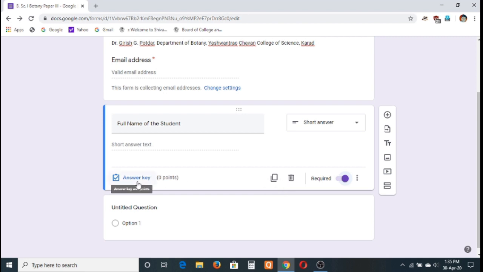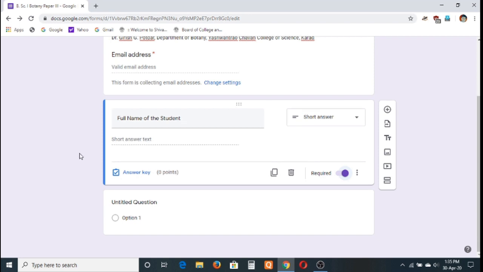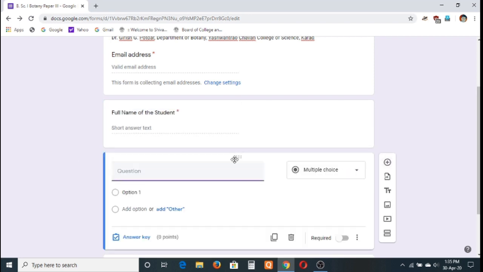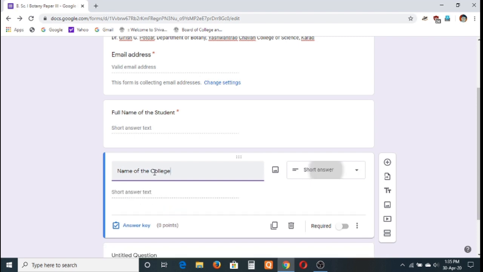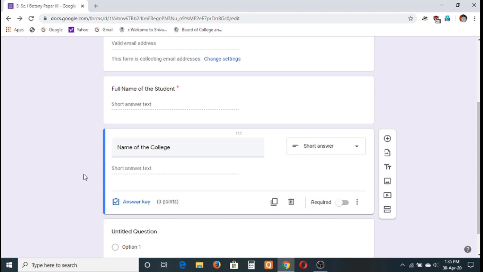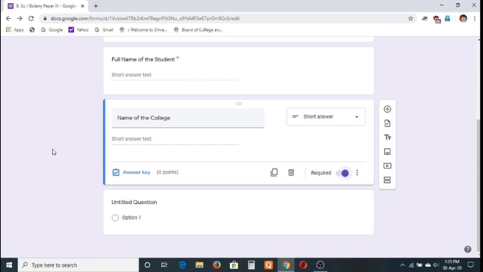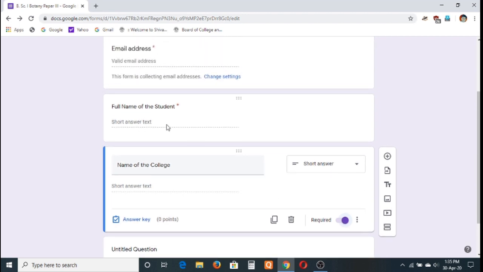There is no need to assign points. Then I will add another field, name of the college. Again this is a required field, so I will select required. You can see the required fields are marked with the red colored star.